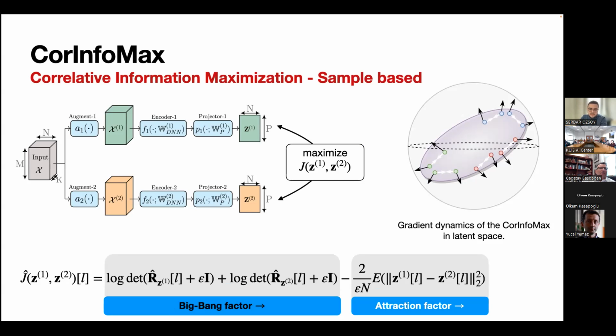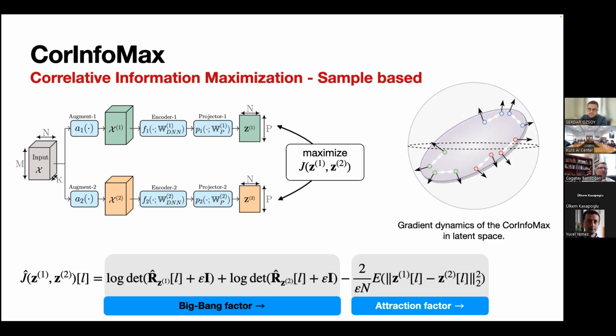Let me remind you what this objective function is doing. With the Big Bang factor, we expand the whole feature representations to the whole feature space.